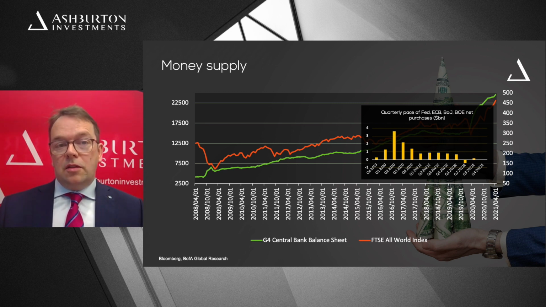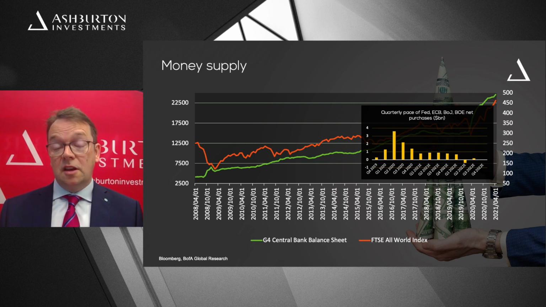Now, the key worry for a lot of market participants is what is going to happen to inflation, because we've been anticipating high levels of inflation for a little while, especially because we've been seeing that come through on our high frequency data. And we believe that this is going to be transitory, so inflation is going to decrease, so we're going to have disinflation for a while.